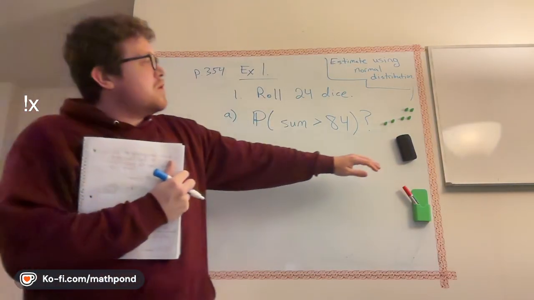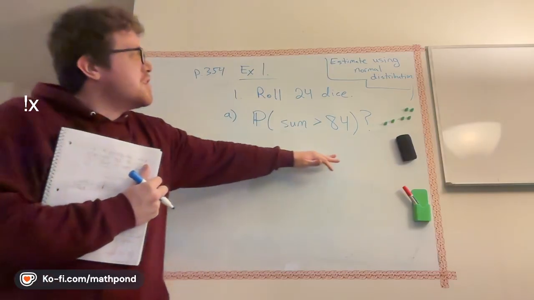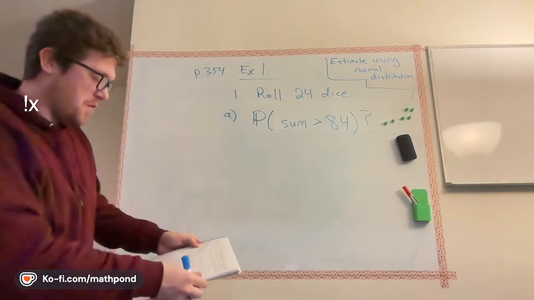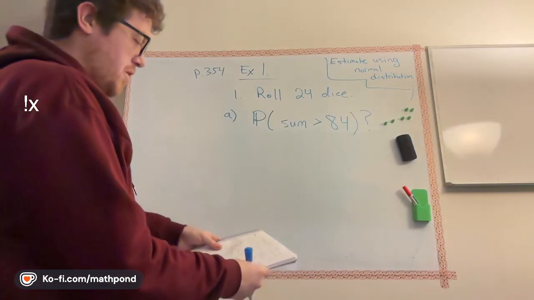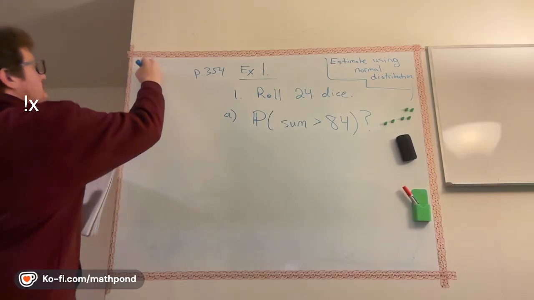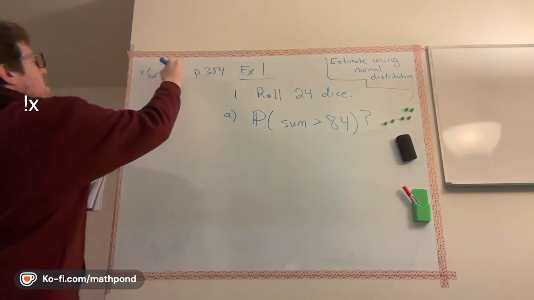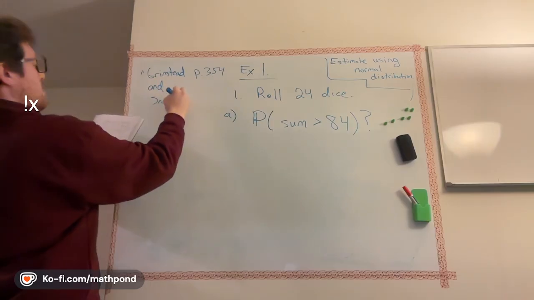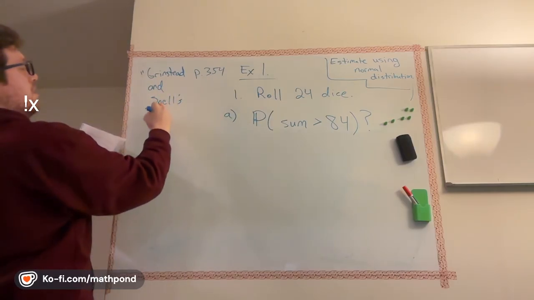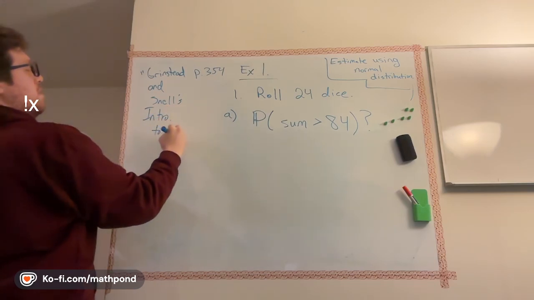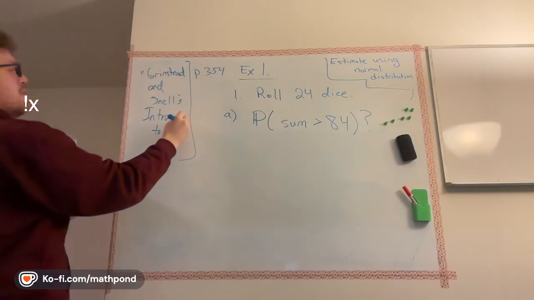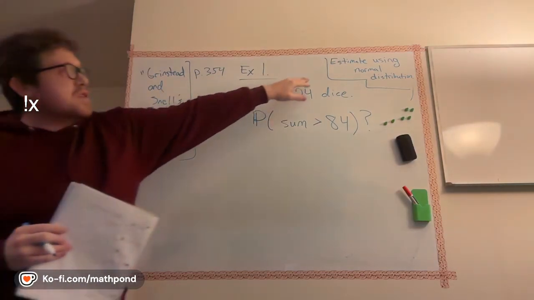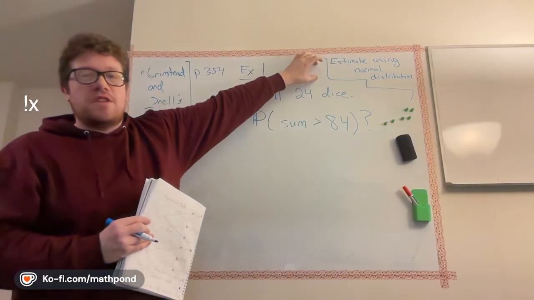Okay, so yeah, who can tell me how we might approach this type of problem? They go over it in this book. Let me write the book here. This book is Grinstead and Snell's Intro to Probability. Page 354, exercise 1. So this section is talking about using normal distributions to estimate